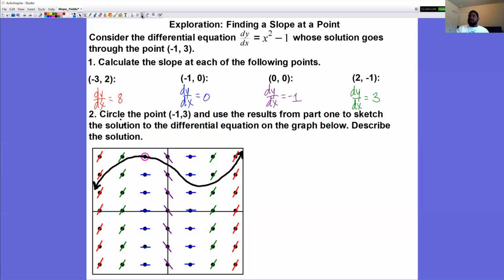When we describe the solution curve, it's going to be a cubic function, because if you know the characteristics of the cubic function, the left tail end is decreasing, and the right tail end is increasing. So that's indicative of a cubic function. So now we can move on to